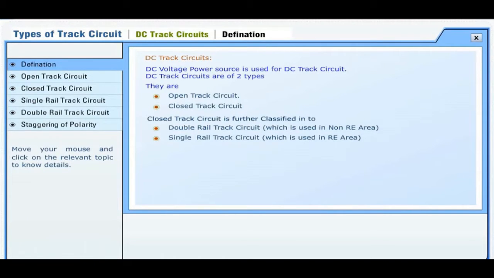DC track circuits. DC voltage power source is used for DC track circuit. DC track circuits are of two types. They are open track circuit and closed track circuit. Closed track circuit is further classified into double rail track circuit, which is used in non-RE area, single rail track circuit, which is used in RE area,